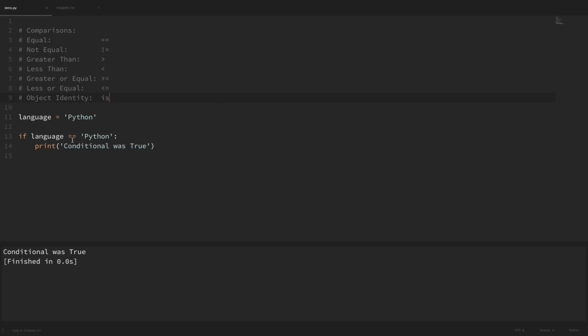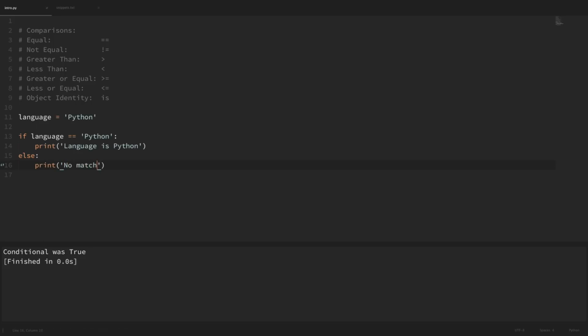So to do this, we're going to use an else statement. So first, I'm going to change my print statement here and just print this to say that the language is Python. And now we want to execute some code if the language is not equal to Python. So to do this, we're just going to put in an else statement and make sure that your else is back here on our baseline and not within our if statement. So now we'll say else, and now within our else block, we will print out a string that just says